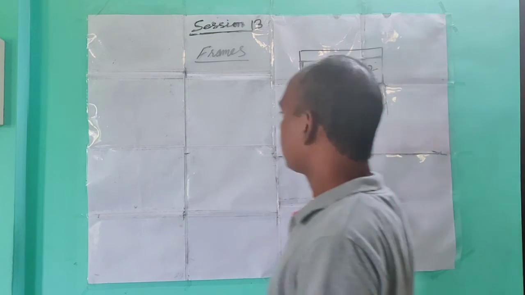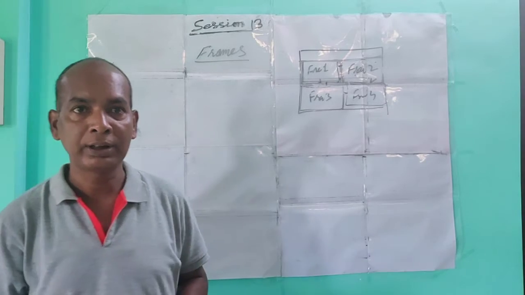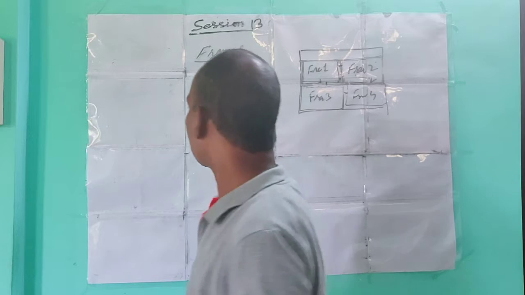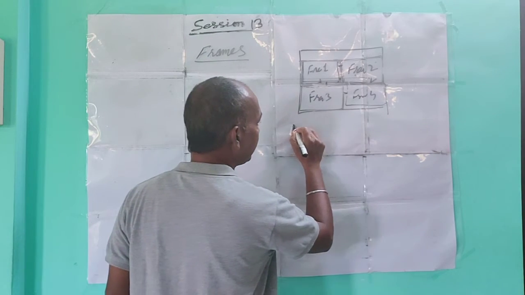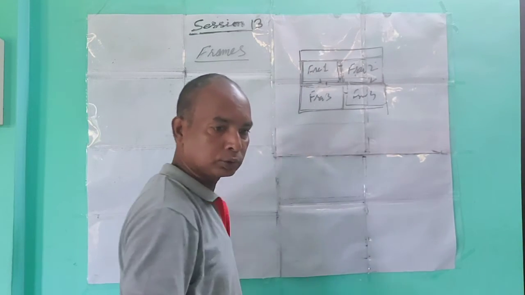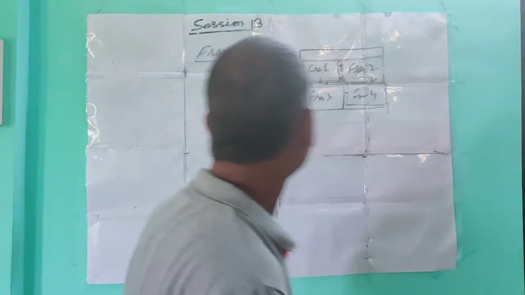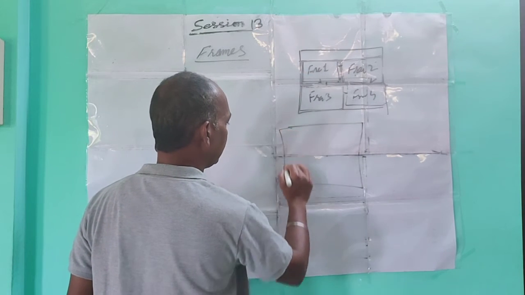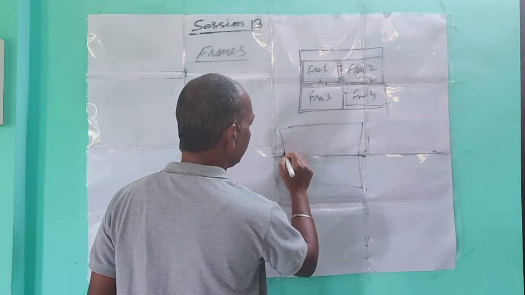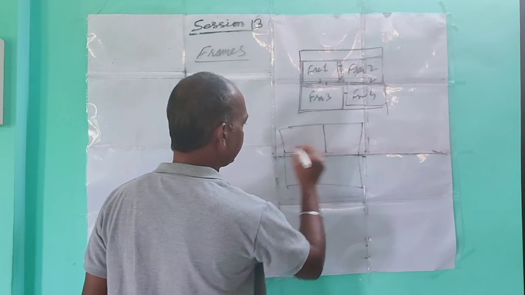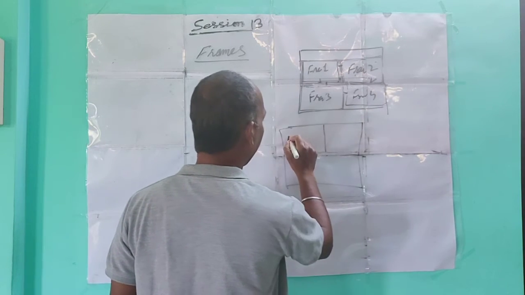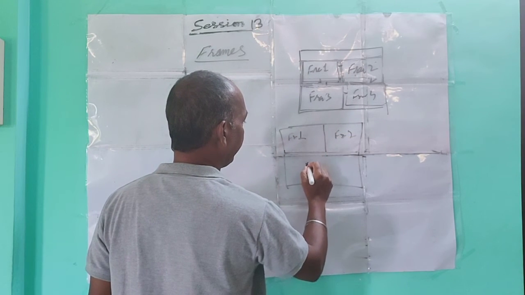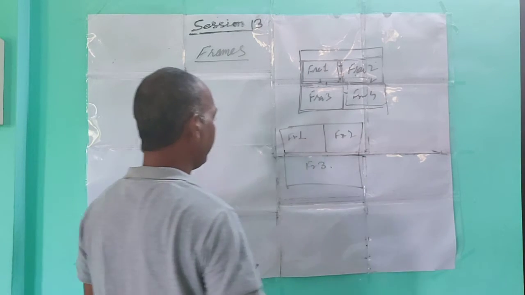Now here you see that we can divide the frame column wise, and divide the frame row wise. You can also create both row and column in a single window. That is, we will make three parts. This is the example of frame 1, frame 2 and frame 3. For that,